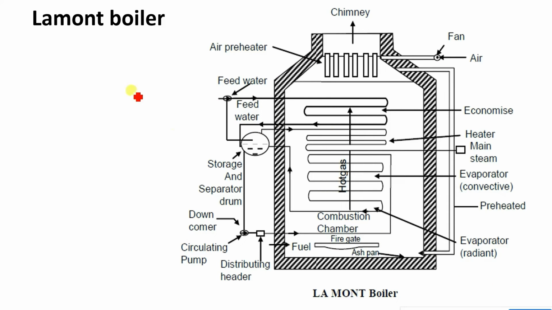Now, high pressure boilers. First, the Lamont boiler. The Lamont boiler is a water tube, high pressure, vertical shell boiler. We'll talk about its construction first. The lower end consists of a grate, and below the grate the region will be the ash pit. It consists of a boiler drum which stores the water.